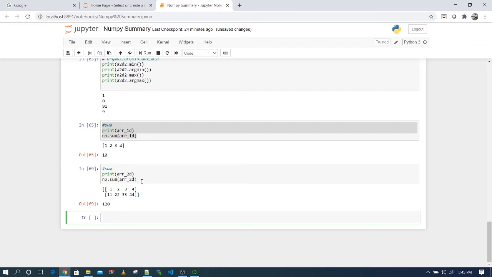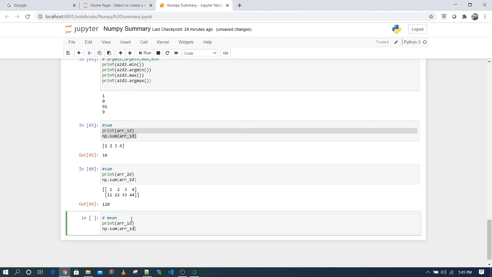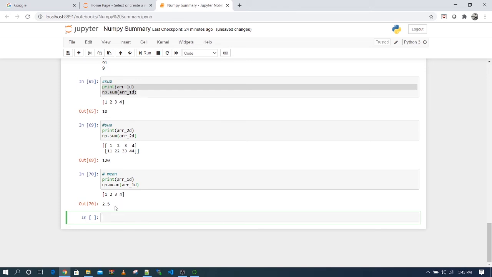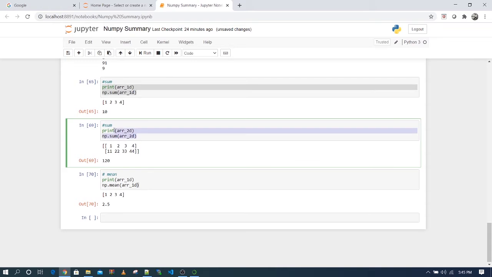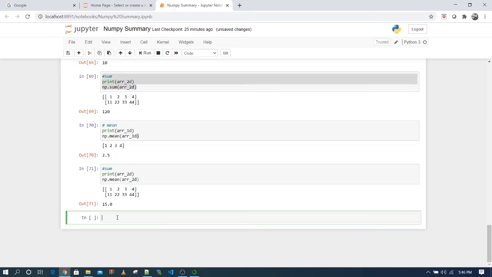Similarly, if you want to find the mean, we can use the mean function in the same way, like np.mean. So the mean will be 1.5, and if you want to find the mean of the 2D array, right now it will print the mean of the entire matrix.